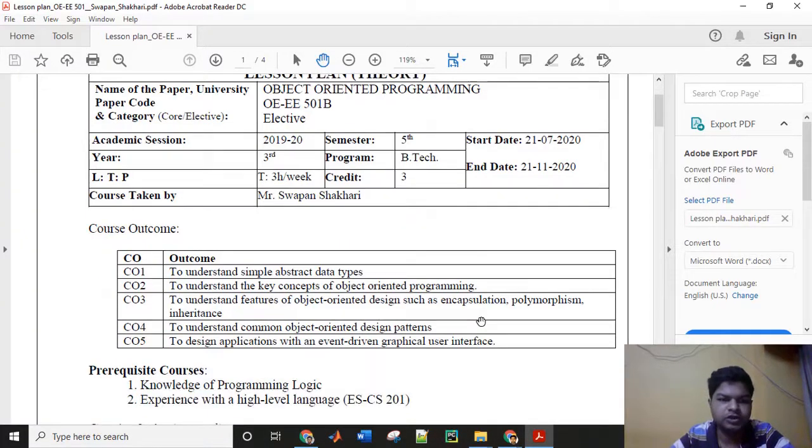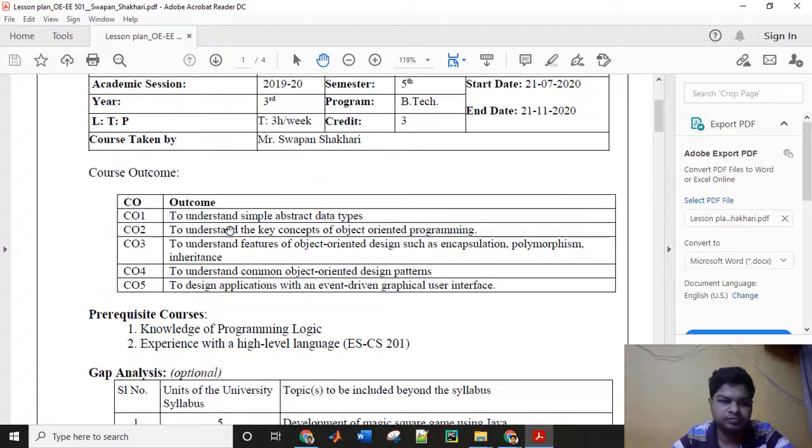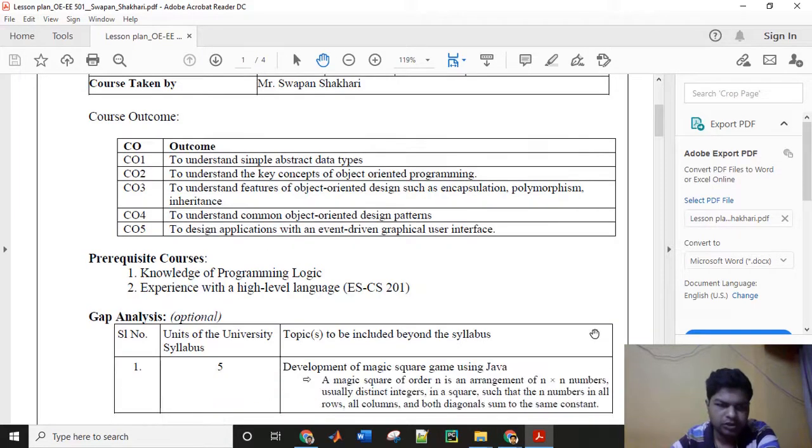First, you can define some number of course outcomes, the overall outcome of the course, and then the prerequisites required to understand the course in a better way.